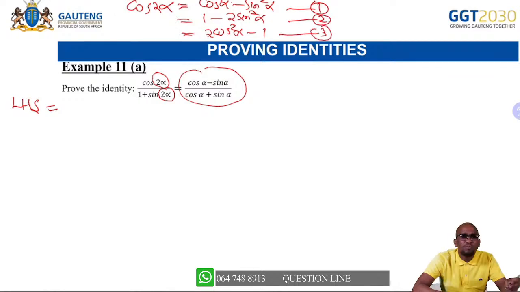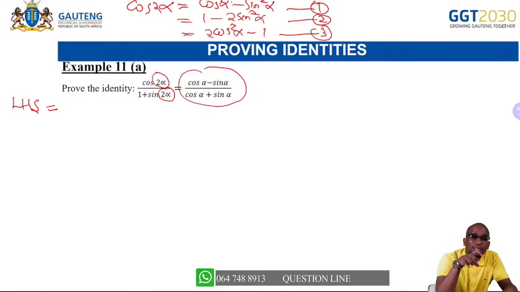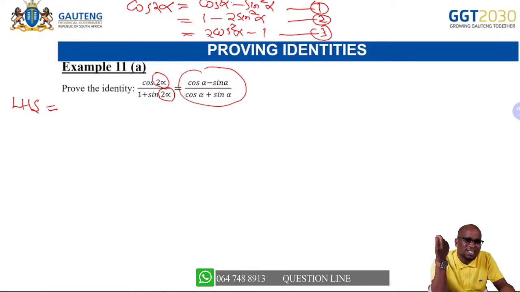We need to be able to choose one that will actually help us solve the problem. So we are going to have to look at the right-hand side for guidance. If you check on the right-hand side, the numerator has cos and sine. The denominator has cos and sine,